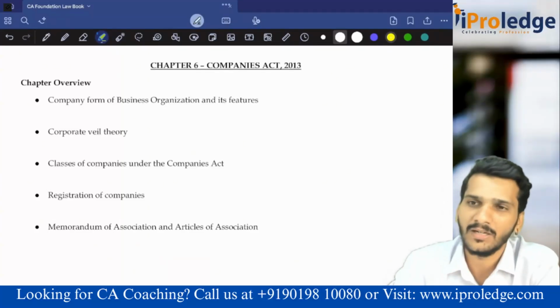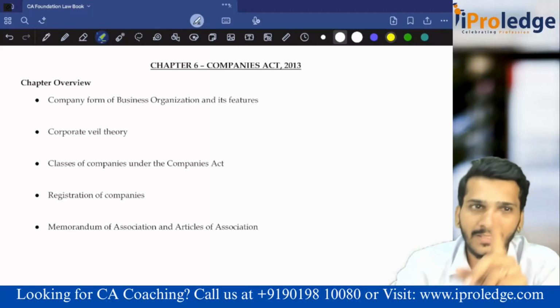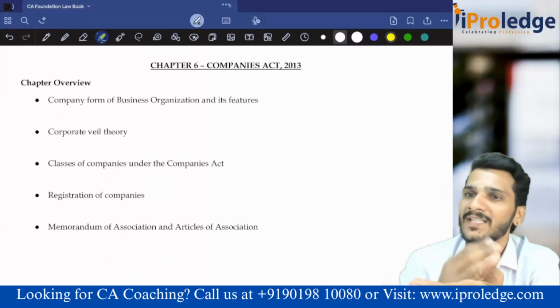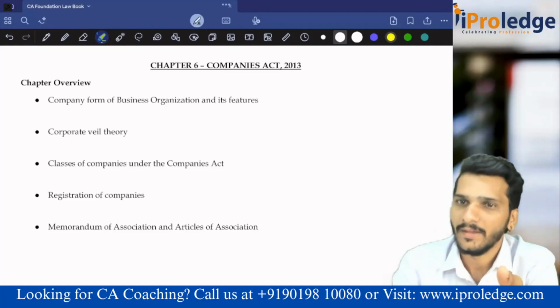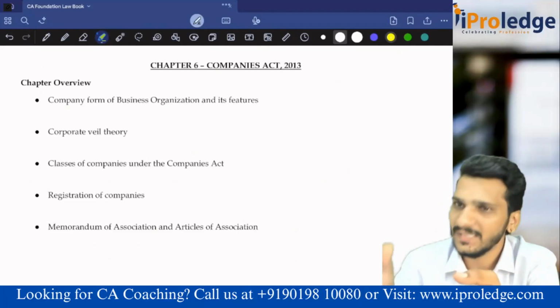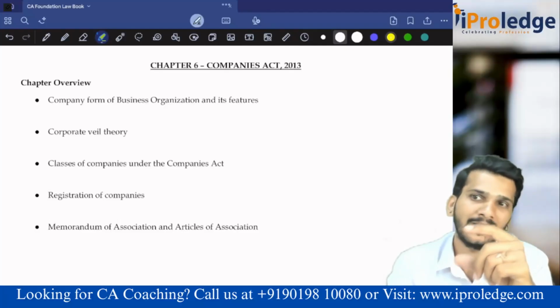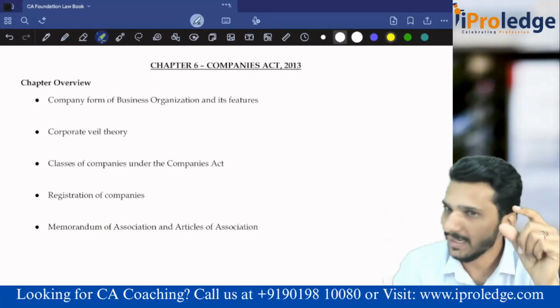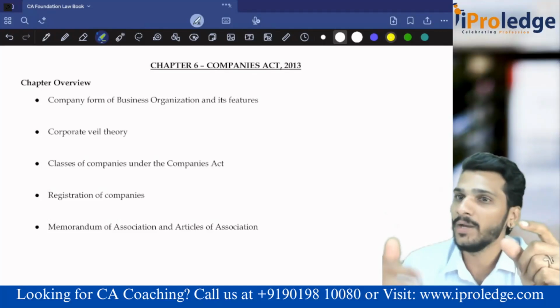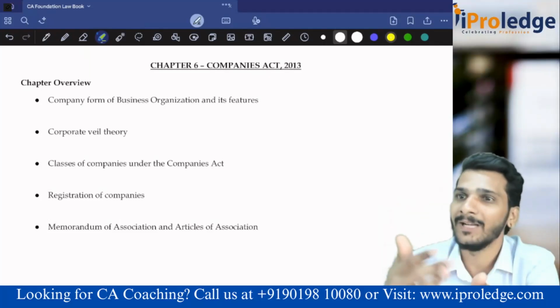Because it is registered under Companies Act 2013, that means under ROC, Register of Companies, it will be given a separate status as a person. That separate status is called an artificial legal person. He is a person, but not a natural person. He is an artificial person. But this artificial person came by way of legality, not by way of natural birth. That is why artificial legal person.